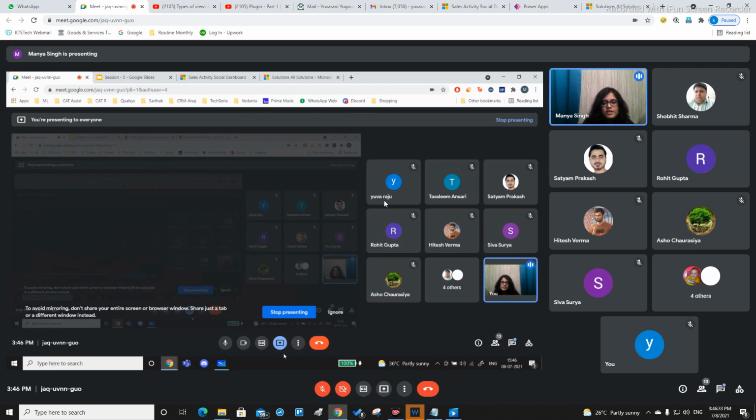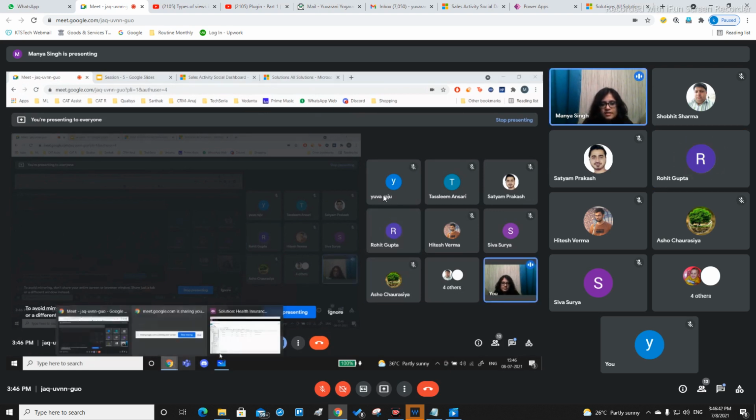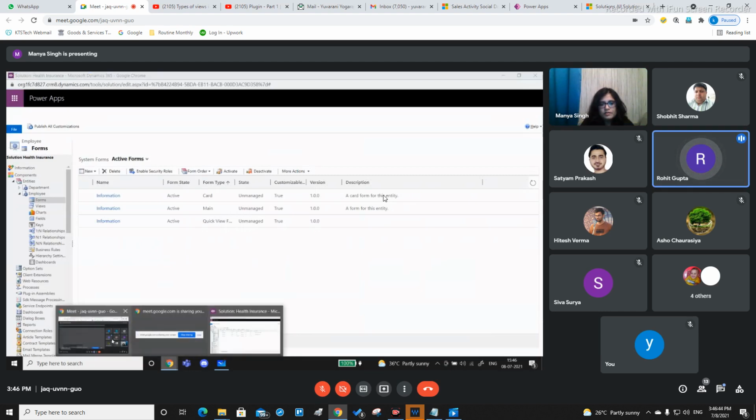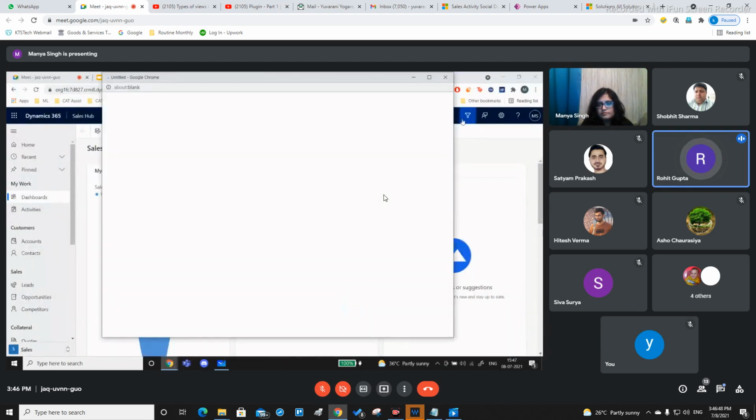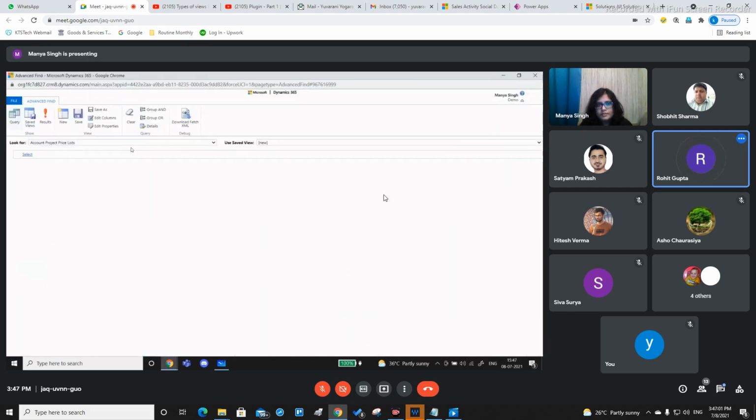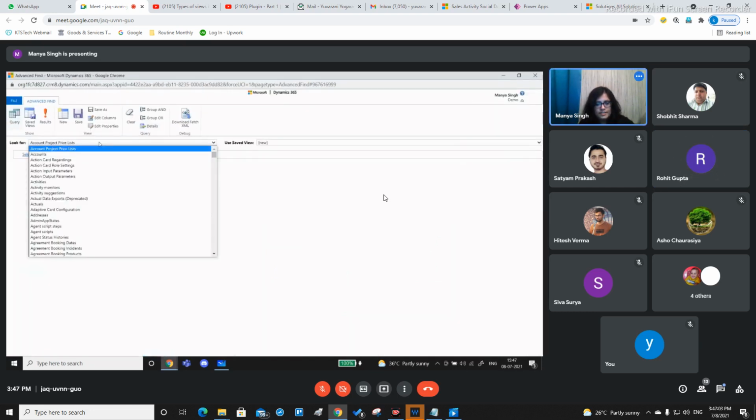Or say, for example, you are keeping people on probation who are joining as developers, not managers. In that case, these conditions can be helpful. So if the employee profile is a specific kind, then only the calculation of probation would happen. If someone joins as a manager, or is an earlier employee, an ex-employee, then it's not required. Okay, got it. Yeah, thanks.